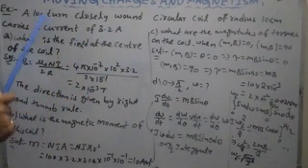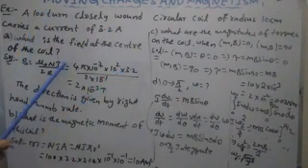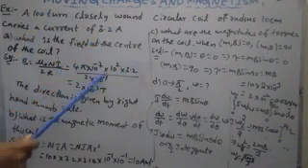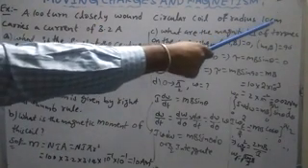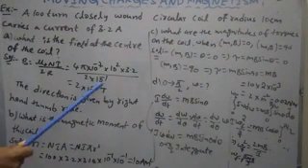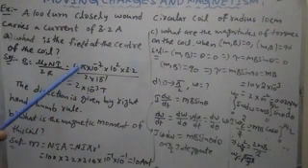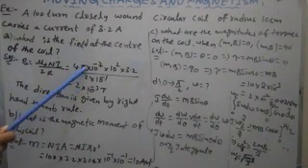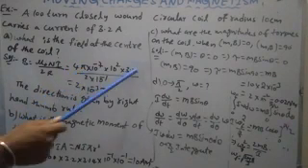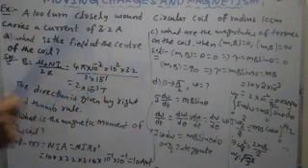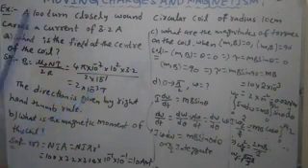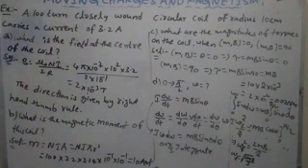How many turns is the problem given? 100 turns, that is 10 square, into current. How much current is flowing through the coil? 3.2, by 2 into the radius of the coil, 10 centimeter, which means 10 into 10 power minus 2, that is 10 power minus 1. Simplify this. 4 by 2 means 2. Pi into 3.2 approximately 10. 10 into 10 square is 10 cube. 10 cube into 10 power minus 7 is 10 power minus 4. 10 power minus 1 comes to the numerator. It is 10 power minus 2 into 10 power minus 2 Tesla. So the magnetic field induction of the current carrying coil at center we got is 2 into 10 power minus 3 Tesla.